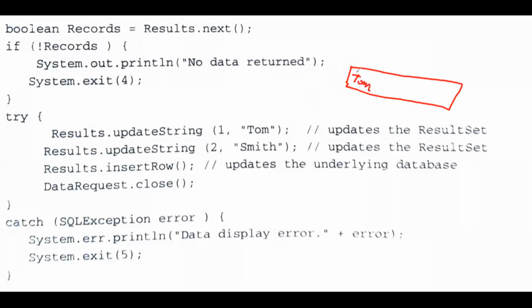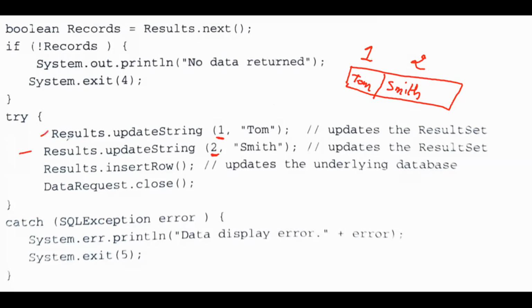That is the first column. And the second column, we'll write it as Smith. So the first is Tom, the second column is Smith. Again, the column numbers start with 1, so it doesn't start with 0, unlike array indexing.